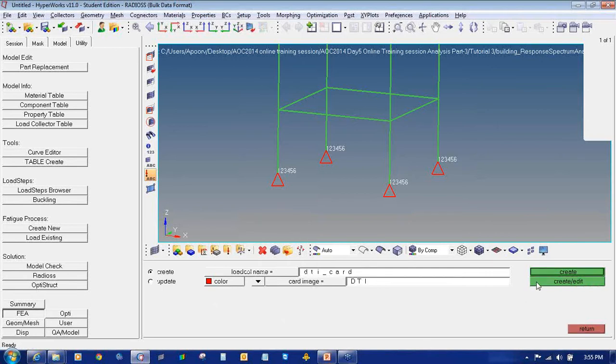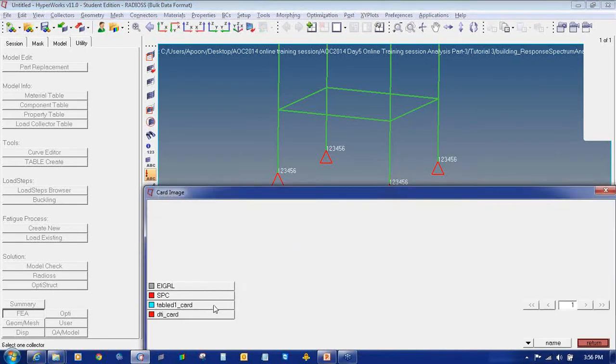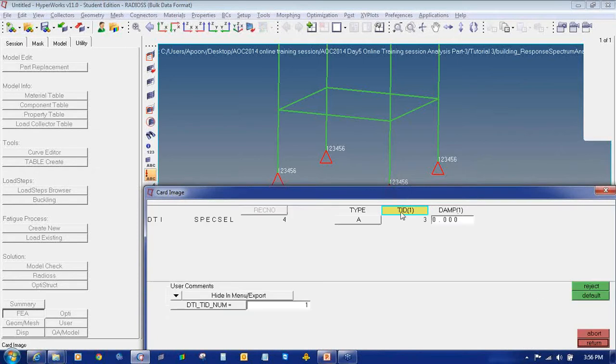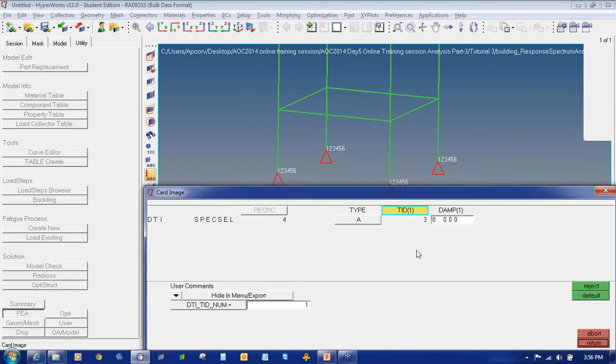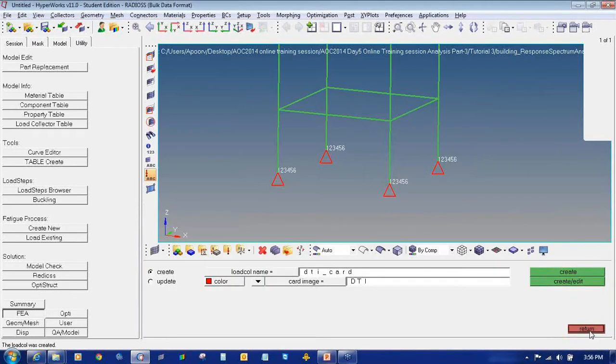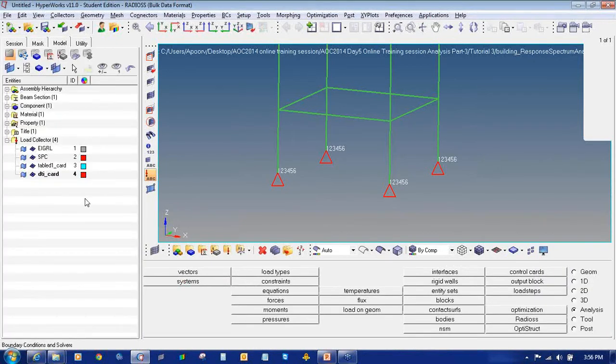Click on create edit. In TID 1, I will select table 1, that is the table ID. And in TEMP 1, I will enter the value as 0.02, that is the damping coefficient for the critical damping. Then I will click return, and again return to exit the load collector panel. So you can see my load collector has been created.